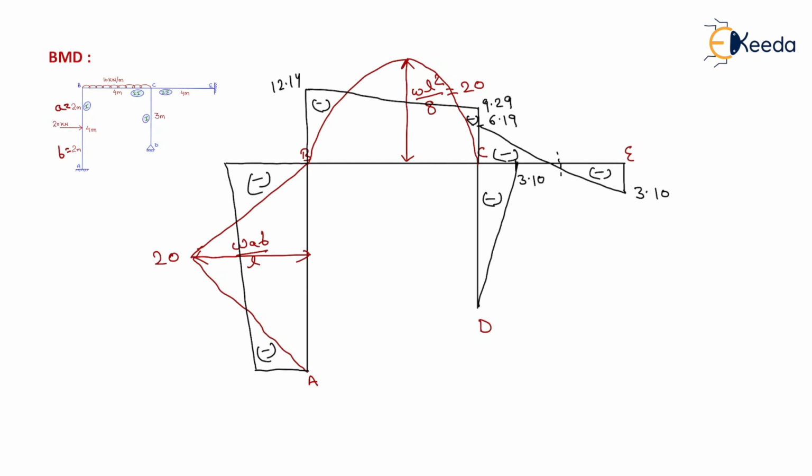Now here the net moment is like this, because in this portion the negative and positive moments compensated each other, so the net moment in this span is positive here, here negative, here also negative, here only positive moment, here negative and positive compensated each other. In this there will be a negative moment, throughout negative like this, and throughout negative like this.